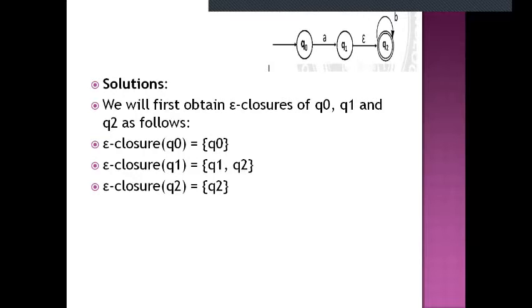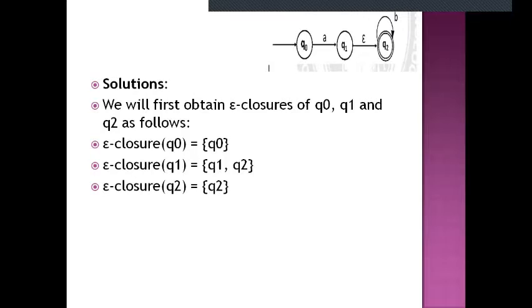When you are finding an E closure value, you should remember that the E closure consists of the state itself, and along with that, it consists of the states reached with the help of epsilon. For example, E closure of Q0 consists of Q0, along with the movement from Q0 by using epsilon transition. From Q0, there is no epsilon transition movement. So the E closure of Q0 is Q0.